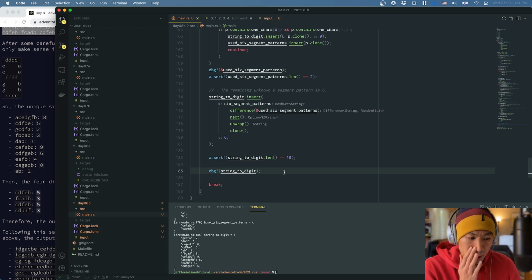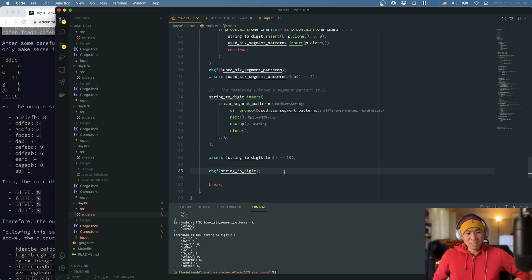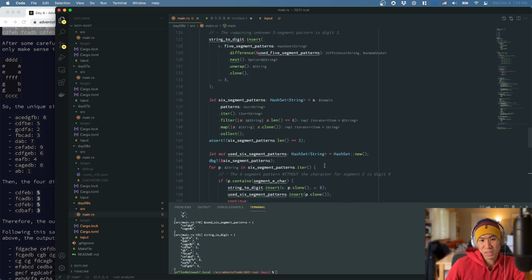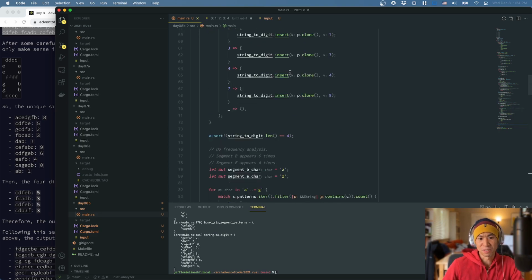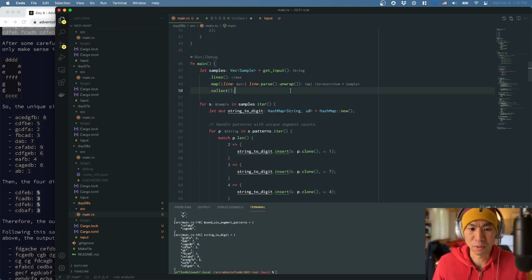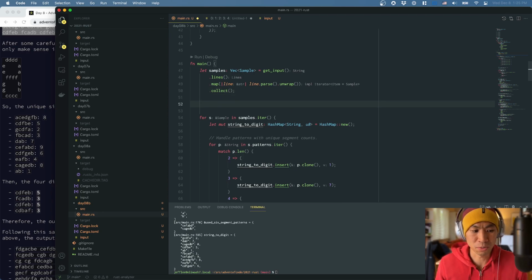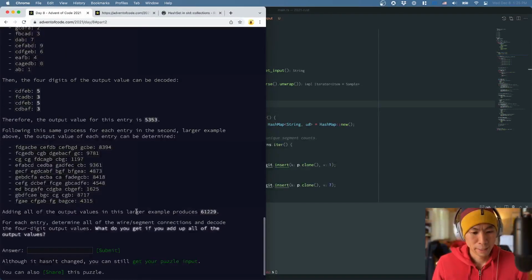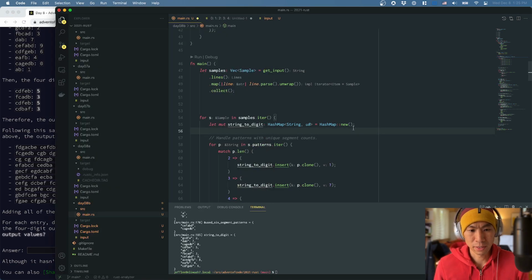So we actually need to spit out the actual answer to this thing. So we're gonna have a bunch of mappings from this gigantic for loop. We're gonna have a bunch of mappings, this string to digit, which is the result. But what we really want to do is calculate the total value, right? So let result